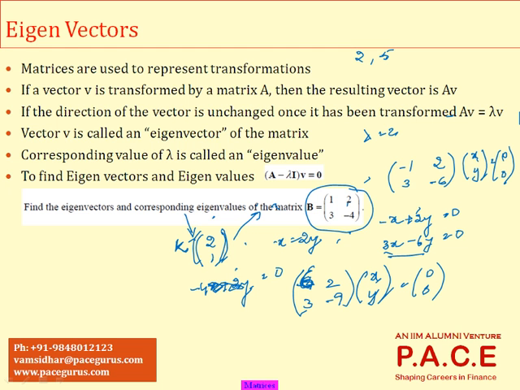So the equation comes out as 6x plus 2y equals 0, or 3x